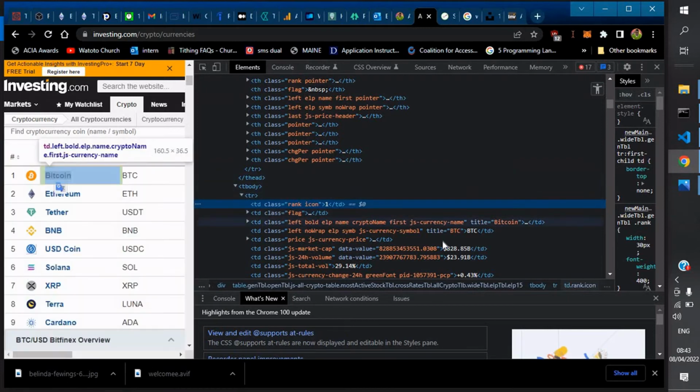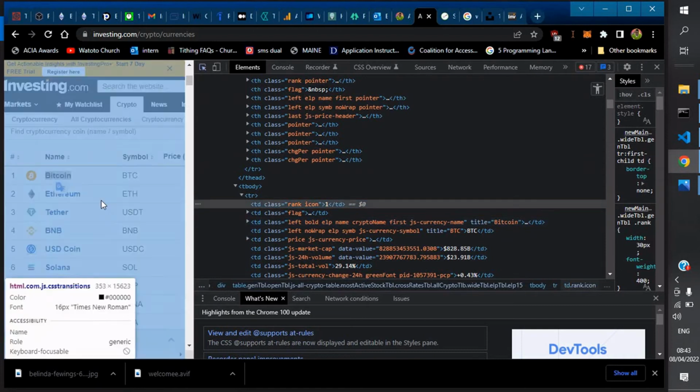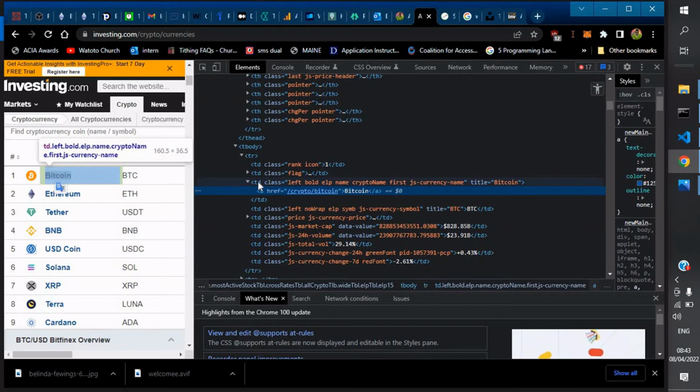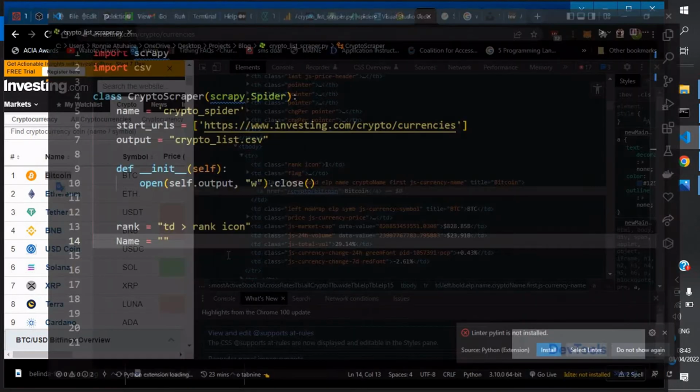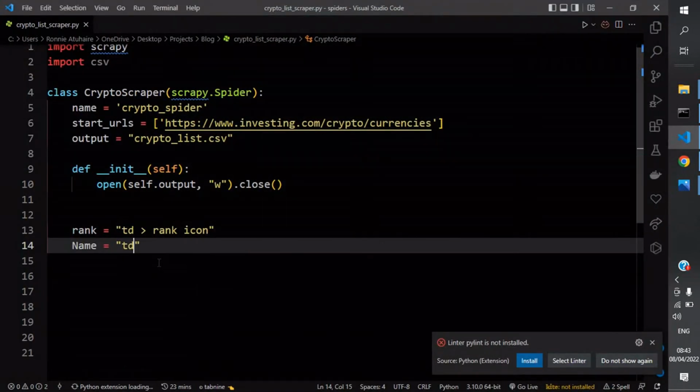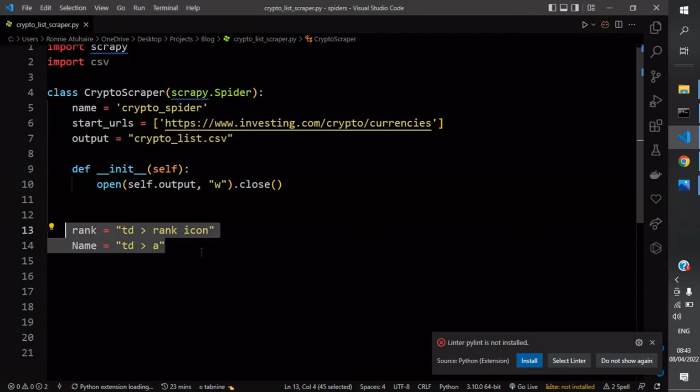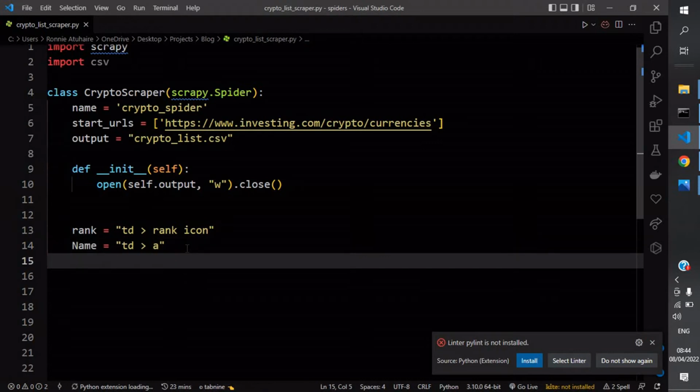Now let's get the name, which is Bitcoin. If I select my selector here and then click on Bitcoin, we can see that our name is under table data, which is TD, and it actually resides under an anchor tag. So our name is under table data but under an anchor tag. This information is temporary for now, just showing how to get